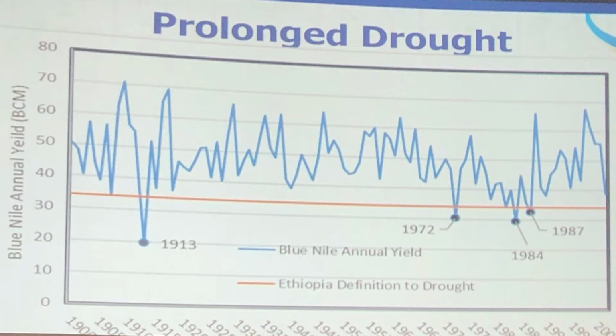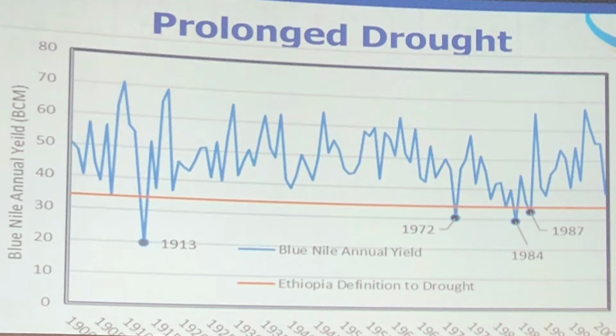And it made a lot more sense to me after I saw the presentation from the second plenary yesterday, where I saw this graph, and I took a picture of it, which showed us the prolonged droughts. I was not aware of this curve before; I just saw it for the first time, like everybody here yesterday. So I saw some years, 1972, 1984, 1987, which are the years identified below that line, which is known as how it is defining the drought.